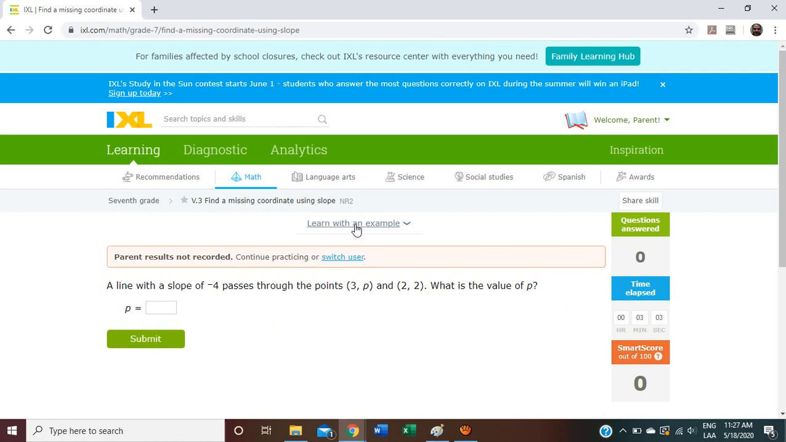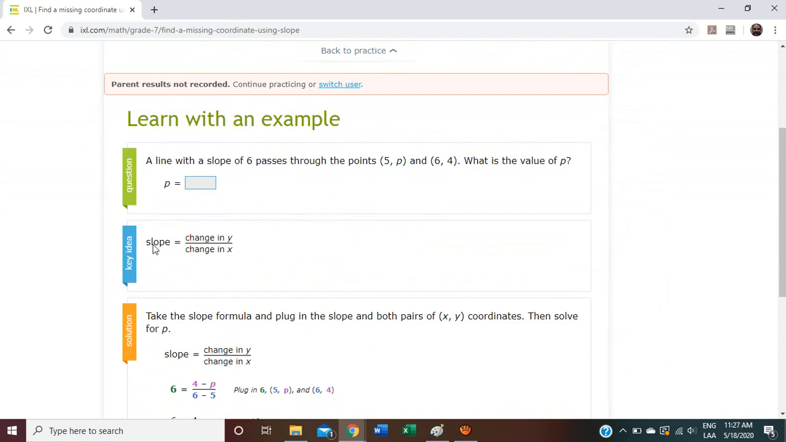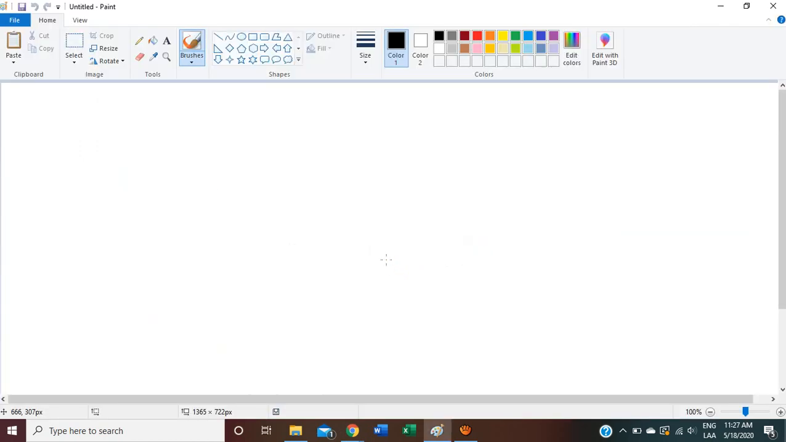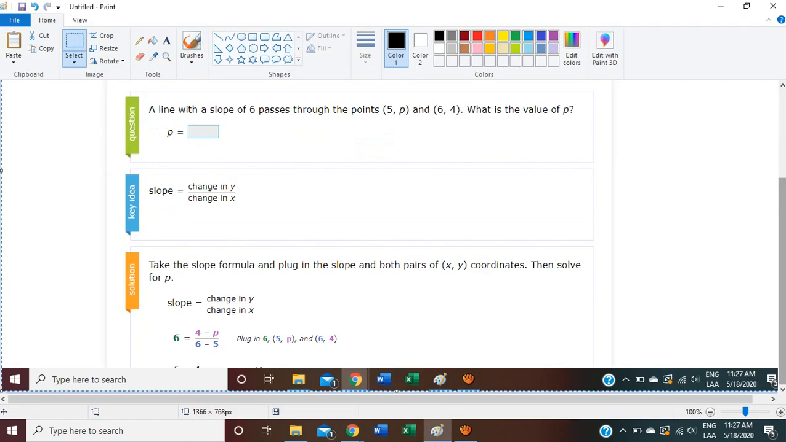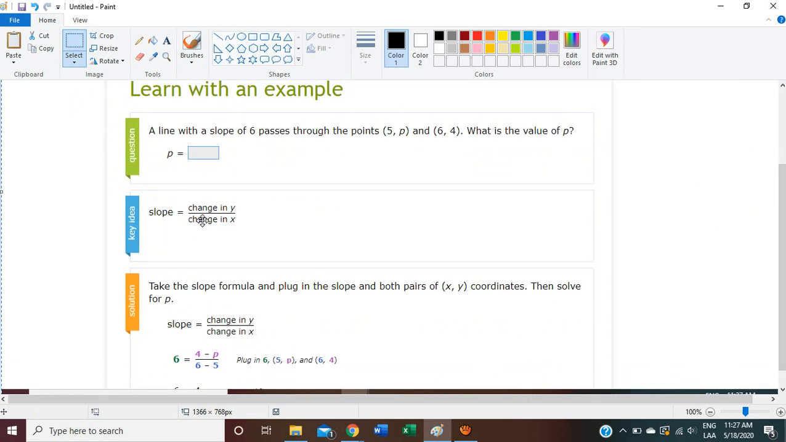Let me show you with an example, and you will see this formula. Remember this formula? We're going to use this formula in order to solve our problem. So we have the formula that says the slope equals change in y divided by change in x. In this case we know the slope. What is the slope in this example? In this example, the slope is 6. So we're going to write 6 equals